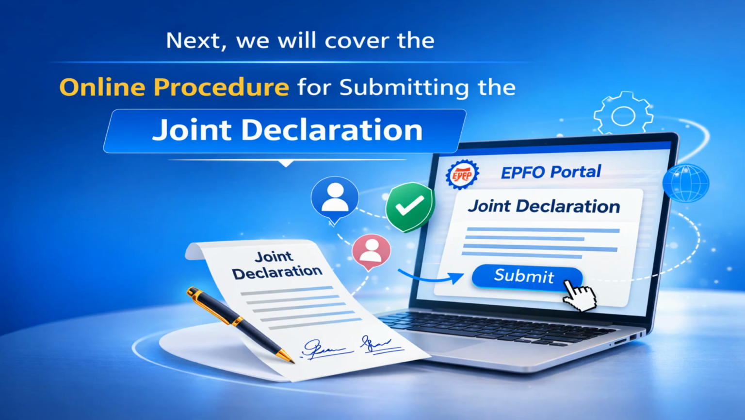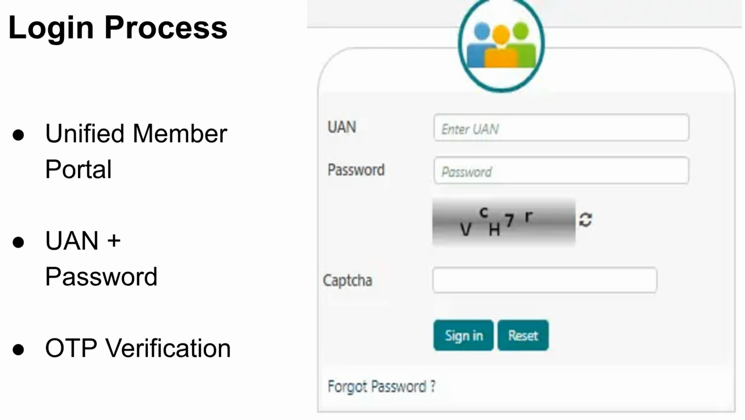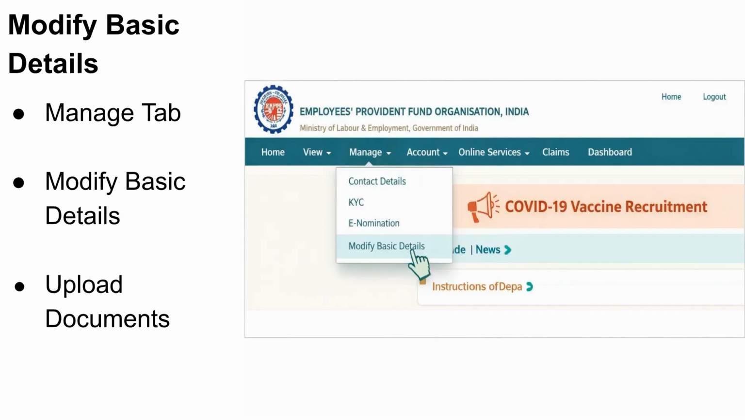Next, we will cover the online procedure for submitting the joint declaration. Members must log in to the Unified Member Portal using UAN credentials and authenticate through an OTP linked to Aadhaar. Once logged in, navigate to the Manage section and select Modify Basic Details to initiate the correction request and upload